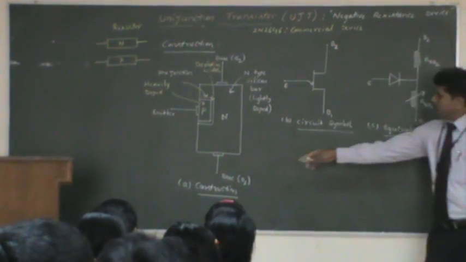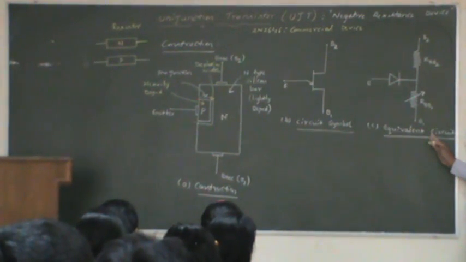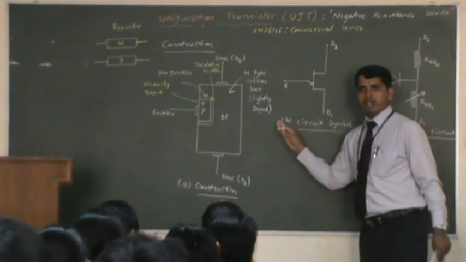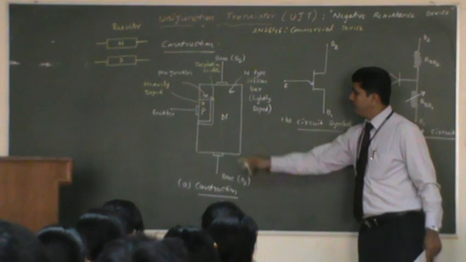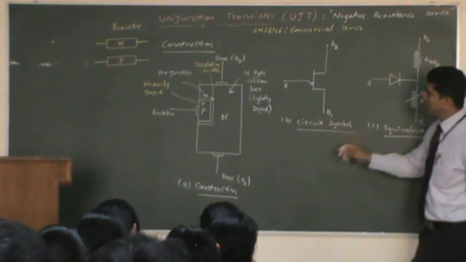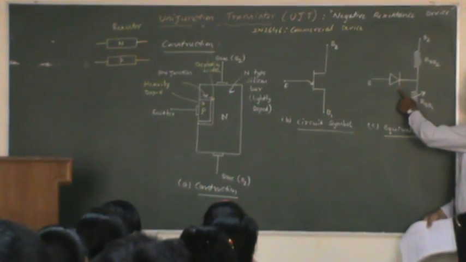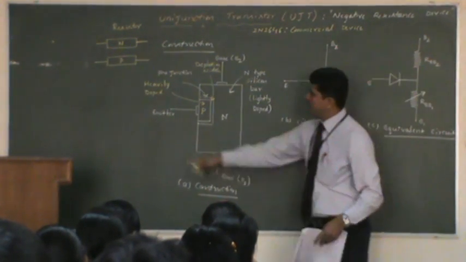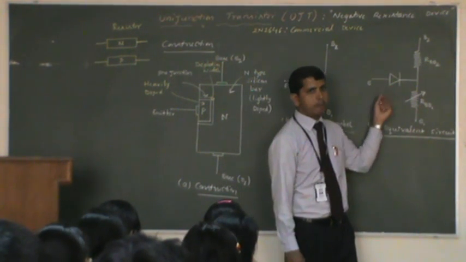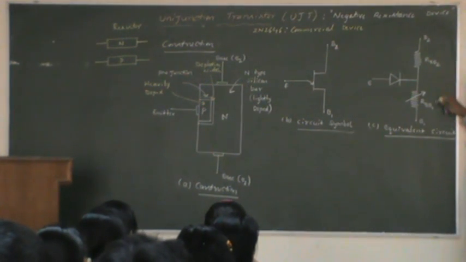Once you know the construction and the circuit symbol is explained, we can turn to the equivalent circuit. How has this equivalent circuit been drawn? This circuit has been drawn based on this device, the various elements which you can see internal to the construction. There is a diode here, which represents the PN junction. That is indicated with this particular diode. Of course, we have an emitter terminal, and between the emitter and the N-type we have a PN junction, which is shown here as a diode. And look at the other two resistors here, which we indicate as RBB2 and RBB1.